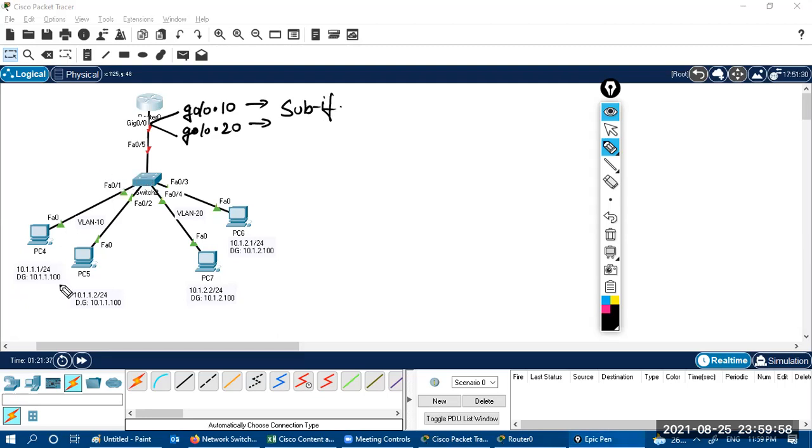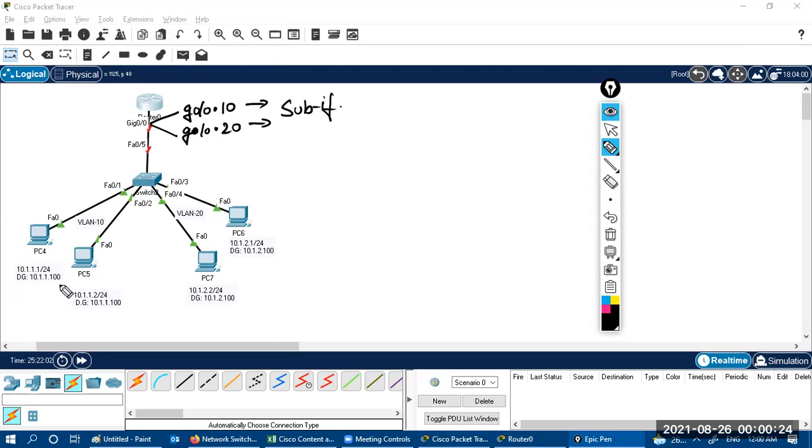This is called a sub interface. In the beginning, we studied different kinds of ports available inside a router. Out of those, one is the sub interface also. This is where you have to deploy the sub interface.